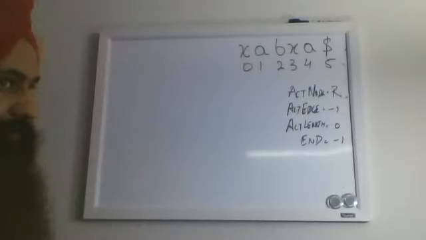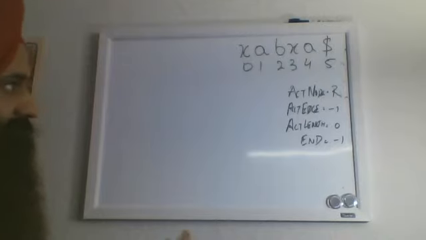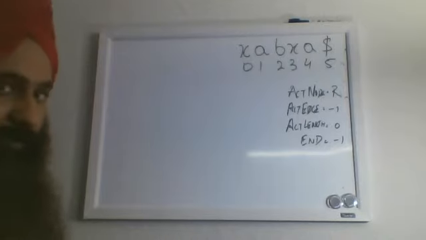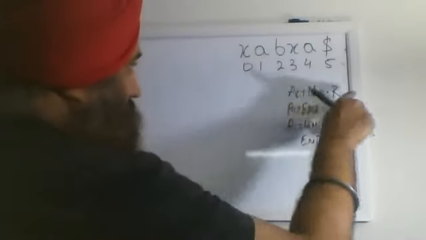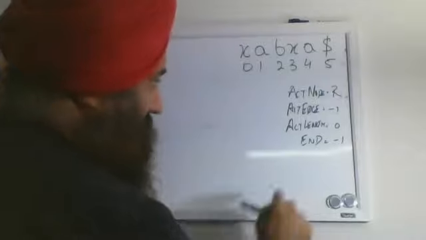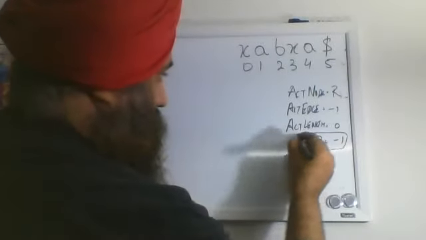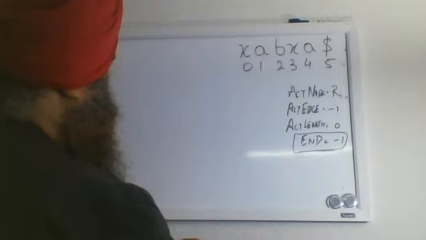In the previous section we learned about the active points, suffix links, the three tricks, and how active points get changed when different rules are applied. So let's begin. Initially, the active node is R, edge is -1, length is 0. End represents the end of the leaf. As of now, we have not begun, so it's minus.